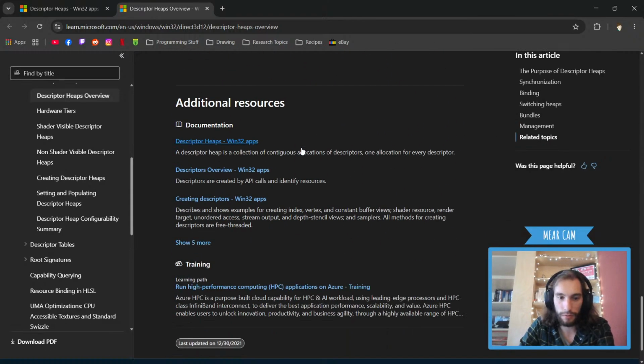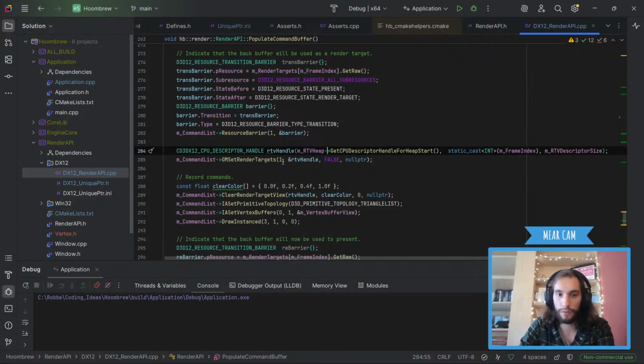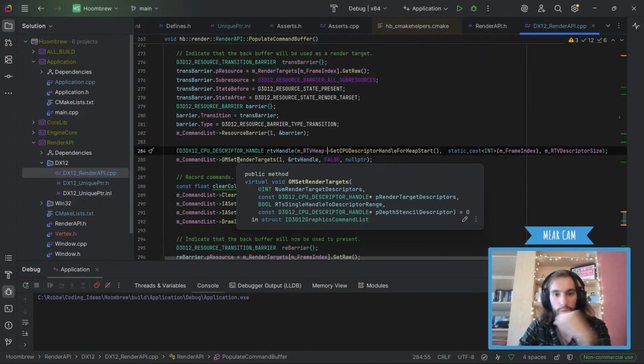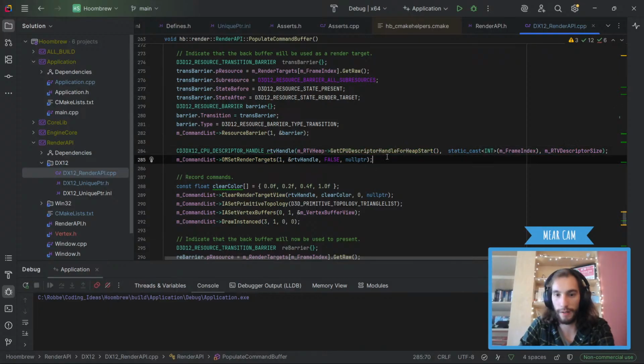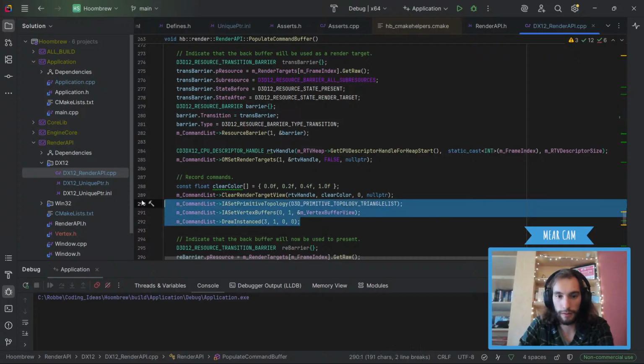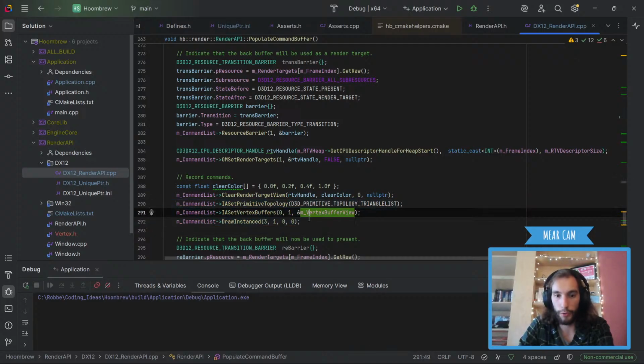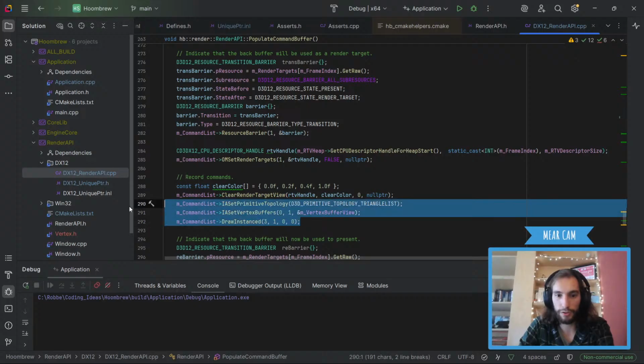I don't think we need a descriptor heap either. We just need to know what a render target is, but we know what the render target is. It's basically what we're drawing to. So the render targets are stored in the descriptor heap, and we bind them with this command, and we always need to do it. At some point I want to make sure that we actually do all of this, and then this is actually drawing the actual model. This is our triangle that we're drawing here.